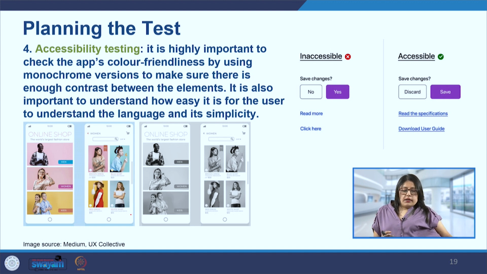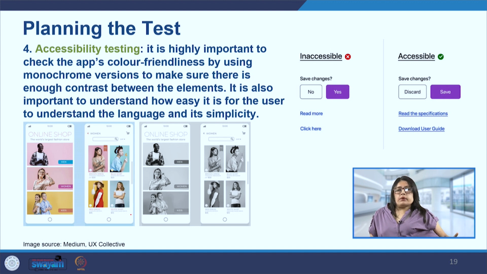At the same time, underneath, the two links now have more detail to them. The first link says read the specifications, and the second link says download the user guide. So even though in the first example also the two links would probably take us to these two pages where we will read specifications and we can download the user guide, because of the way it's communicating, or we can say miscommunicating, the user will probably have some kind of mistrust, whereas on the right side the user will be informed and it is very clear and transparent communication that is taking place with the user.